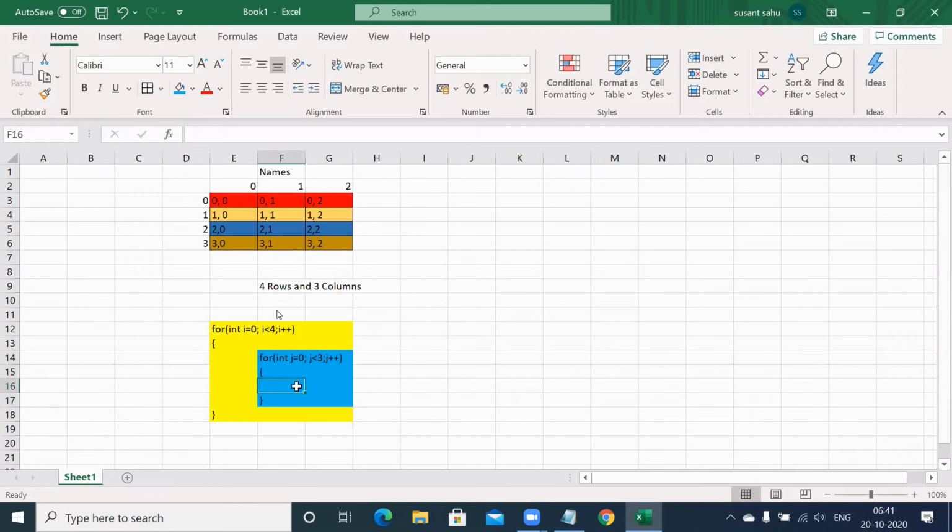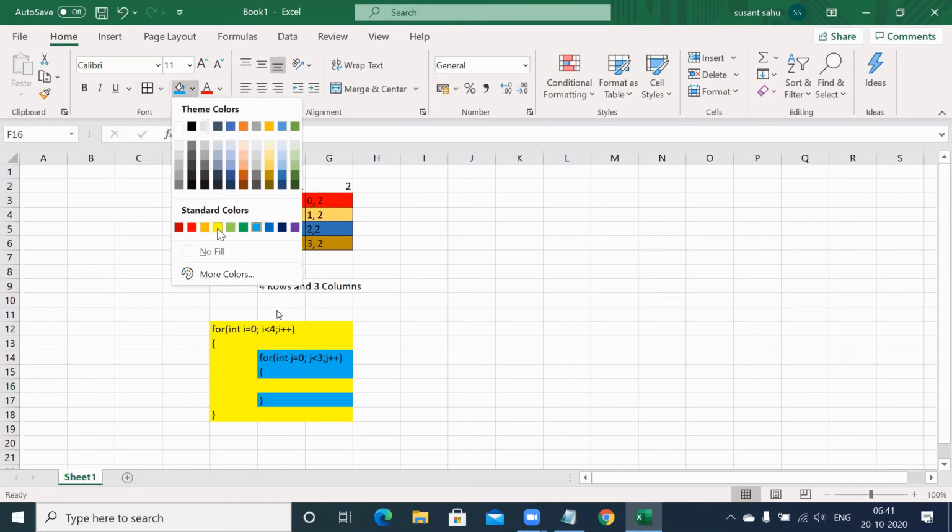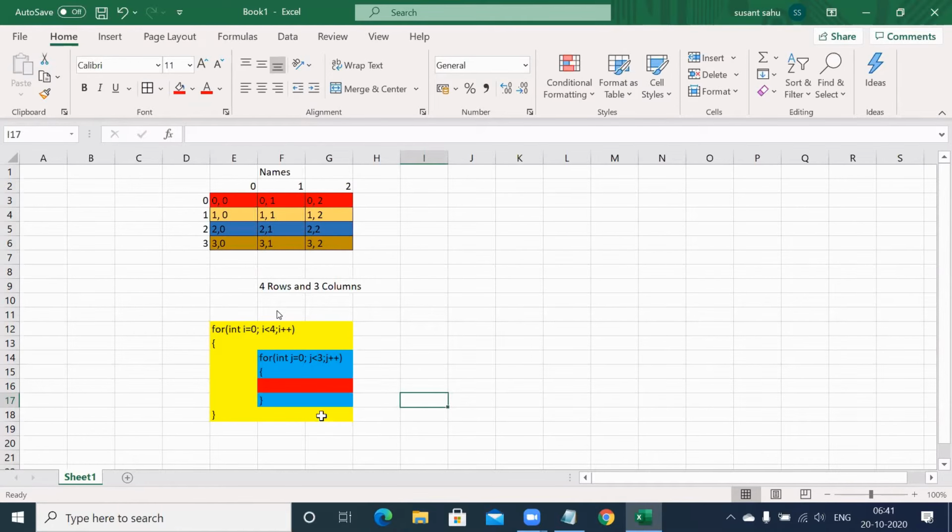Now here where my cursor is, let me give this a little different color, suppose red color. So if my compiler is coming to this red color and it is asking what is the current value of I and J, when the compiler came here the first time, I must say the I value will definitely be 0 and at that time the J value will also definitely be 0.